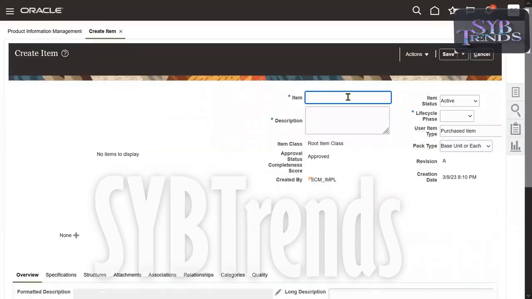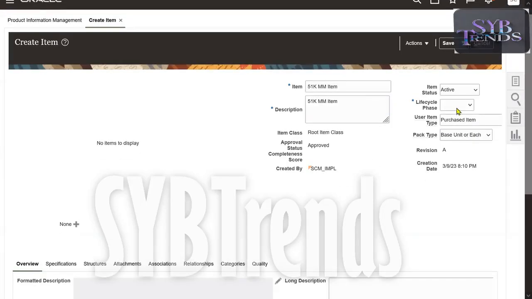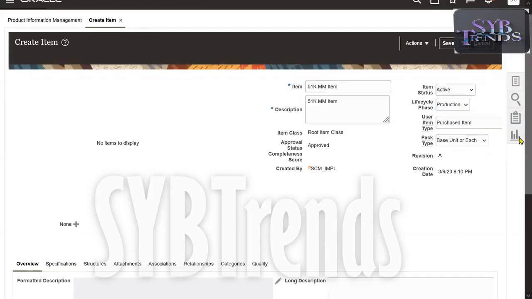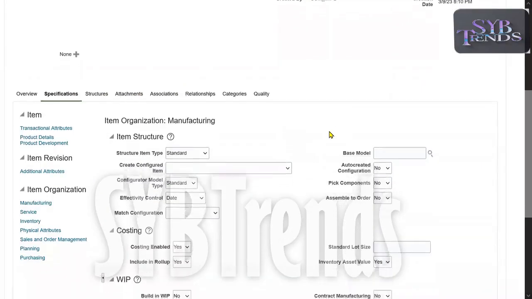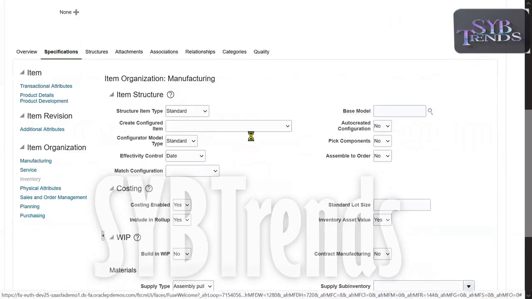Enter the item. So the batch number is 51, so 51K minimax item. Enter the description, and life cycle phase is not defaulted from the template. So we're selecting the life cycle phase as production, and unit of measure got defaulted from the template. So we're good, and go to specifications, and in the specifications under inventory,